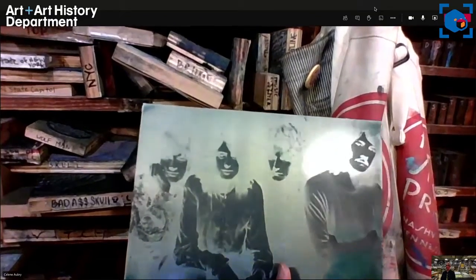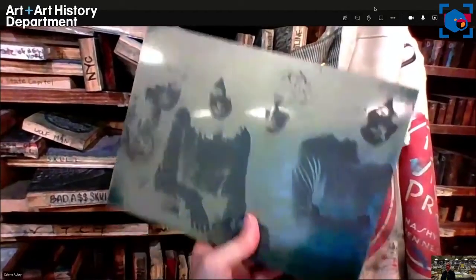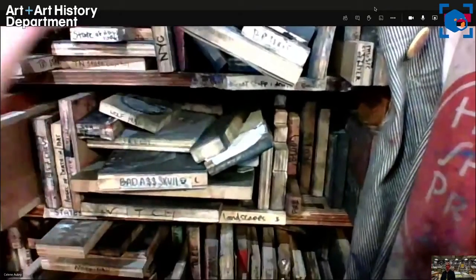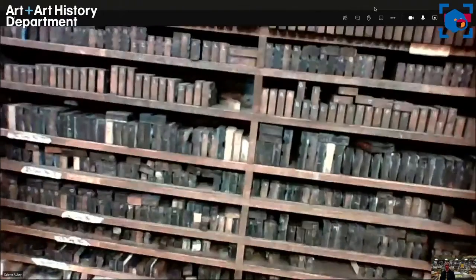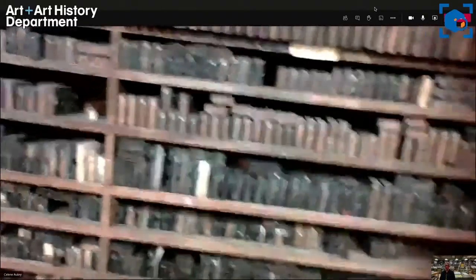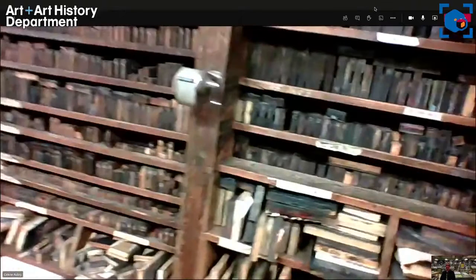And in that era of poster design, photographs were efficient and a great way to get somebody's image on a poster. But that's sitting up here on a shelf right above all of our Nashville skylines, hand-carved Nashville skylines. And they live together, and that's sort of part of what we do here at Hatch: go back to the history and reference the history of the shop's poster design and bring it forward into the 21st century, put a contemporary spin on it,